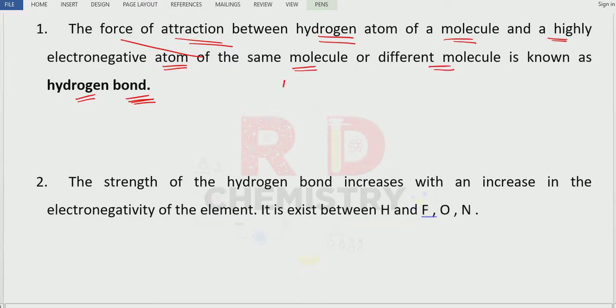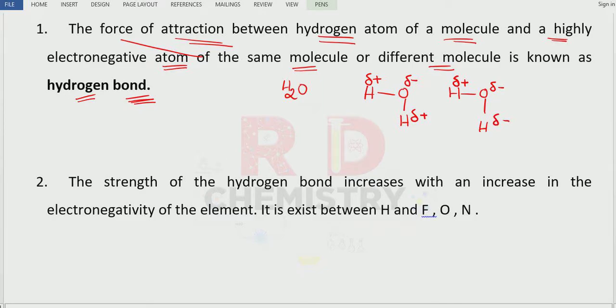For example, let me take the water molecule H2O. Hydrogen is attached to oxygen, and in turn oxygen is attached to the other hydrogen, correct? Let me take the neighboring water molecule, H-O-H, correct? Hydrogen is electropositive and oxygen is electronegative. So there is a partial positive charge and a partial negative charge on the water molecule: hydrogen plus, oxygen minus, hydrogen plus, correct?